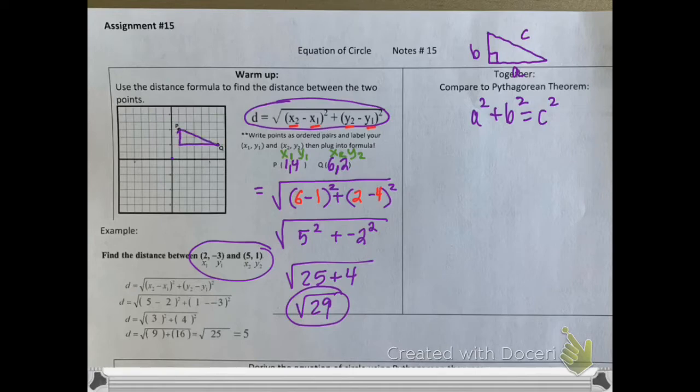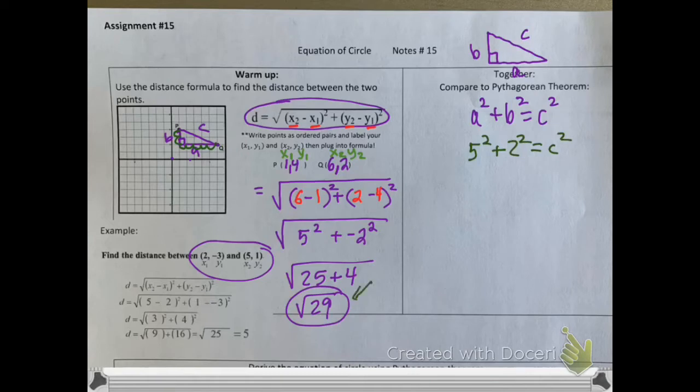So this is A, this is B, and the hypotenuse is C. So if I plug in for my picture then, A, if you count how many boxes across A is, counting across, 5, so 5 squared, plus B is 2, so 2 squared, and I'm trying to find the hypotenuse, which